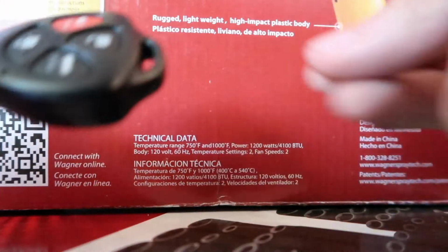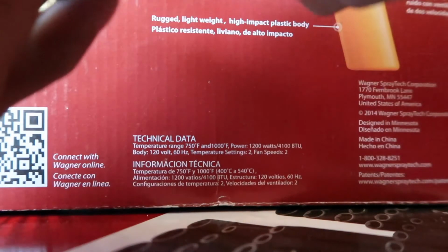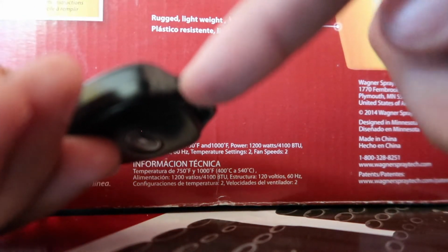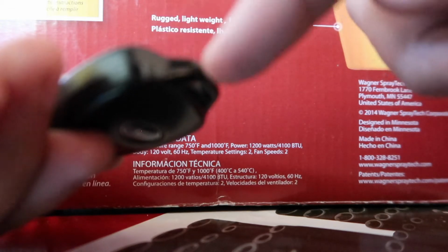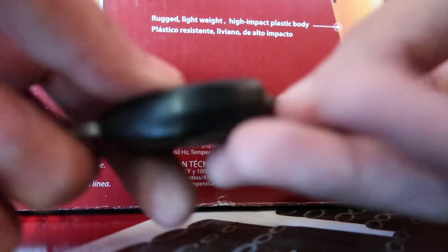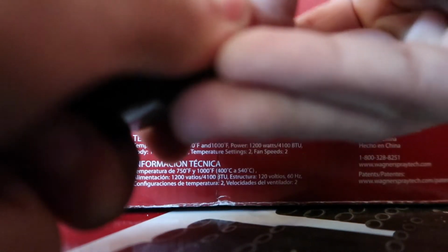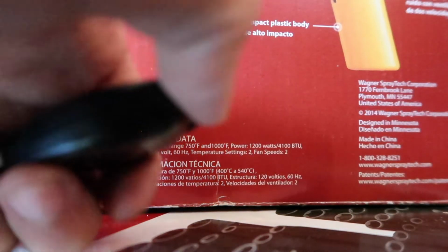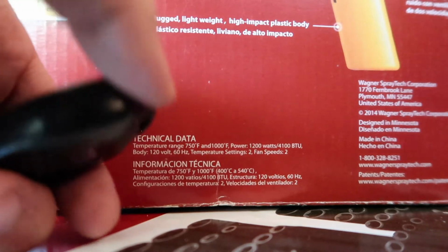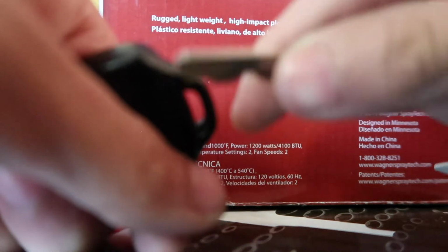Alright, so I took it out of my lanyard, and it's just a key, and then it actually has a little slot right here. Hopefully you guys can see it, but it has like a little niche right there, and you could use like a coin or something. Actually, don't use your finger. If you have like another key, or you could use like a penny or something, and then just put it in there